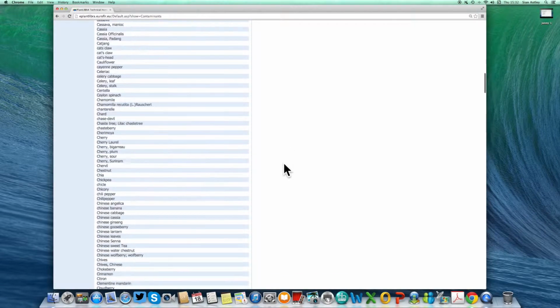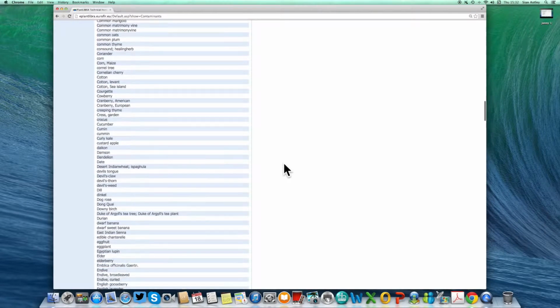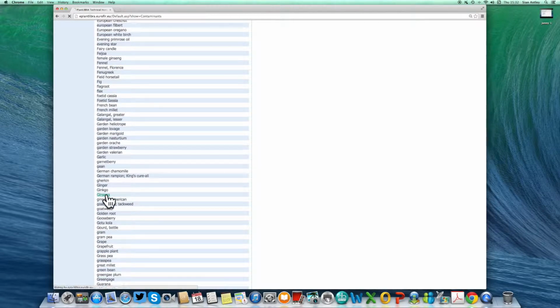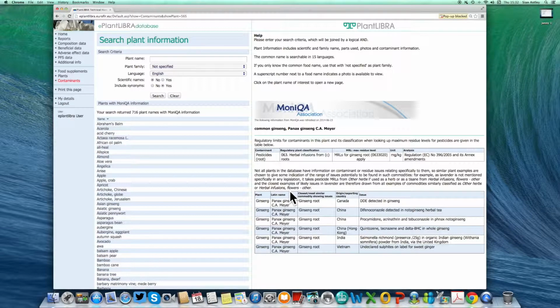To carry on from where I was before, I can choose ginkgo or ginseng. I should choose ginseng. Clicking here, this is the information from the Monica Association. Information on pesticides and also information on any issues. I can also search for additional information on plant food supplements that we've included within the ePlantLIBRA